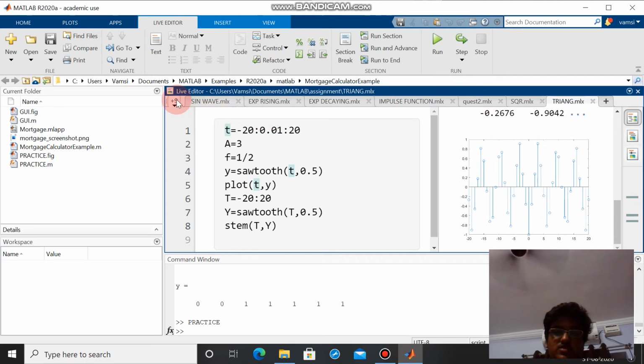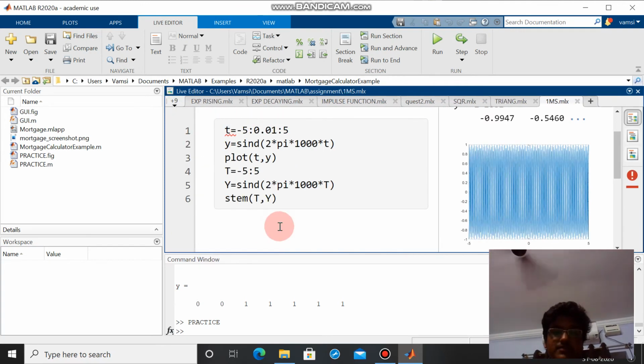So next we are having, yeah, this is a question in the assignment that we have to print the sine values for a time period of 1 millisecond. So the frequency will be very high, so we can clearly see that the wave pulses are very near to each other, so we are unable to distinguish them here, because the frequency is very high.